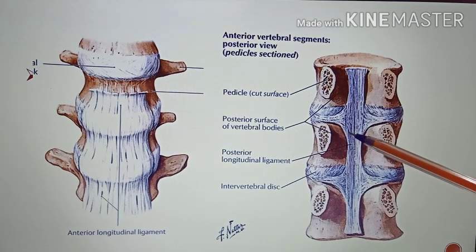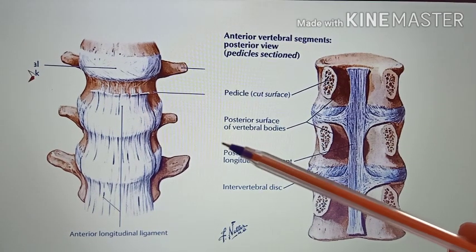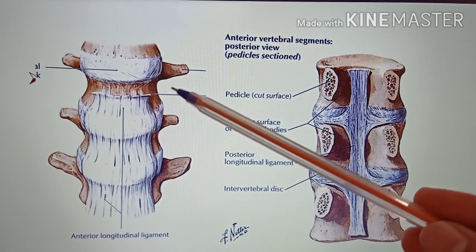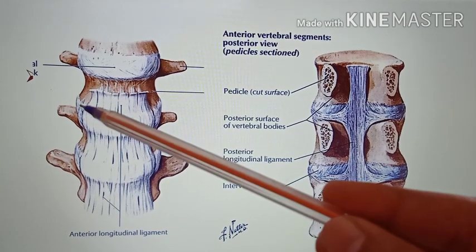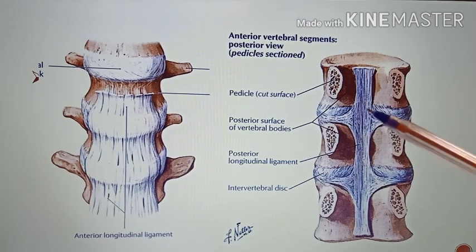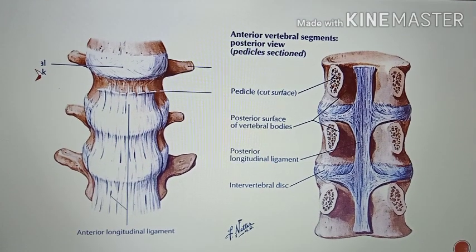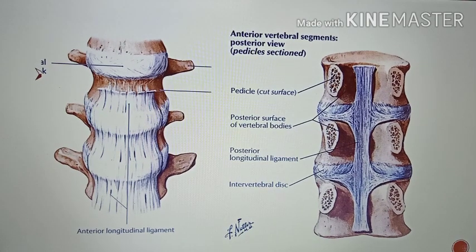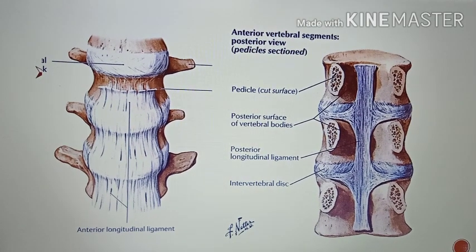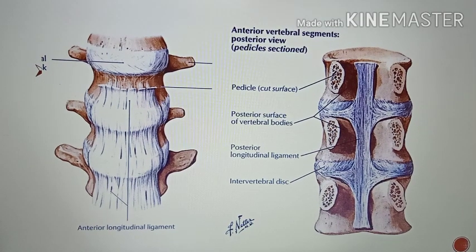Then also the crura of diaphragm, that is attached to the anterior surface on either side of the anterior longitudinal ligament. So the right crura, you cannot see in this picture, the right crura is attached to upper 3 lumbar vertebra and the left crura is attached to upper 2 lumbar vertebra.